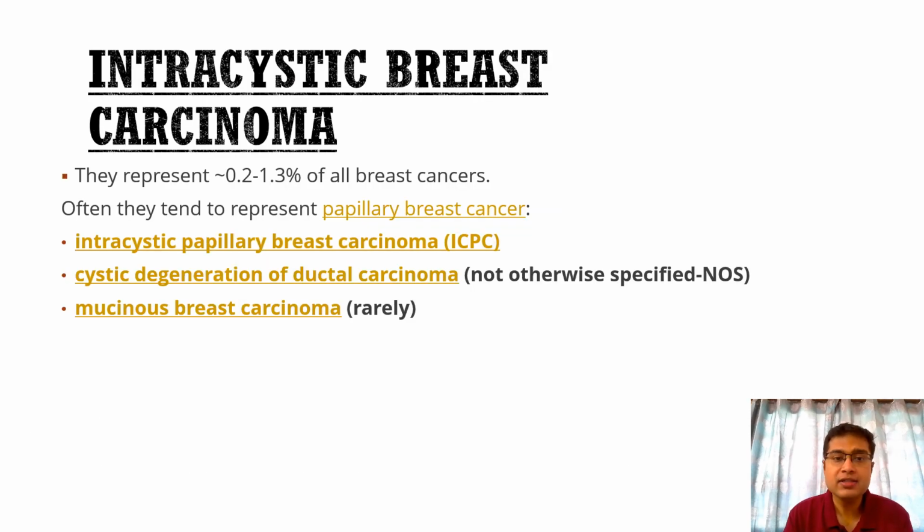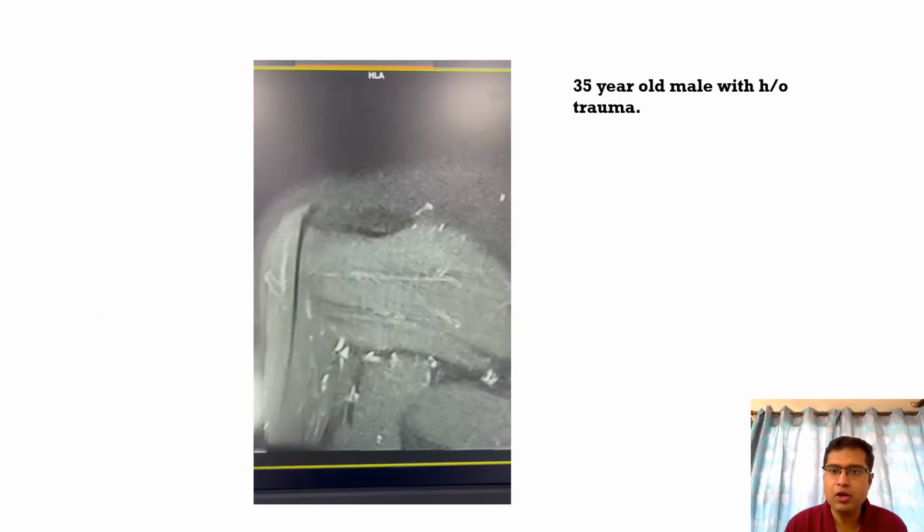Now coming to intracystic breast carcinomas, which are relatively rare and represent 0.2 to 1.3% of all breast cancers. So they tend to represent papillary breast cancer, can be intracystic papillary breast carcinoma, cystic degeneration of ductal carcinoma, or mucinous breast carcinoma. So hence I presented this particular case because it is relatively rare to see this particular type of carcinoma. Now coming to my next case, so here we have a 35-year-old male with history of trauma to the